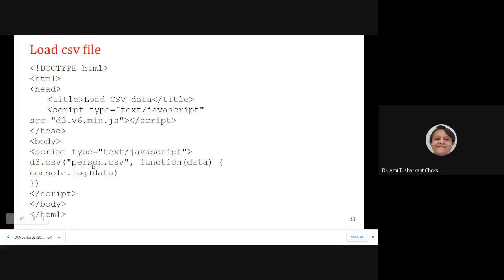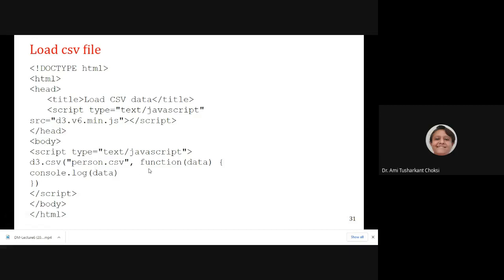Now, we want to load the CSV file. For that, inside the body we write script type equal to text/javascript, and in between the script tags we write d3.csv. Inside that, in double quotes, person.csv, our CSV file.